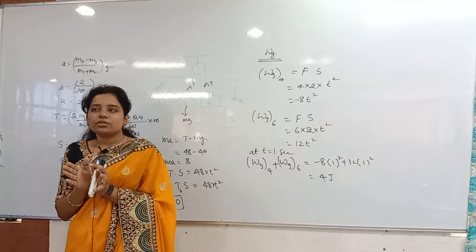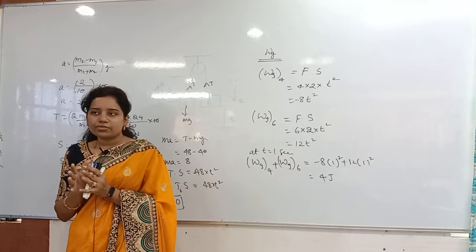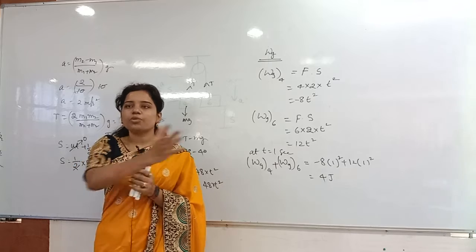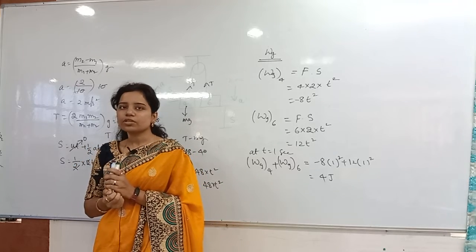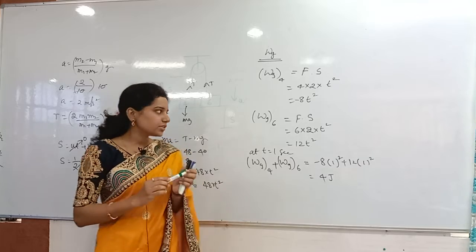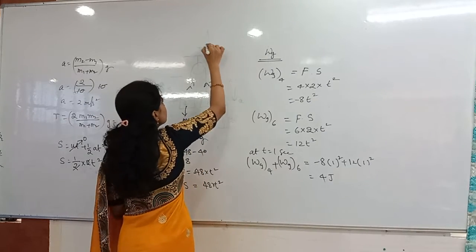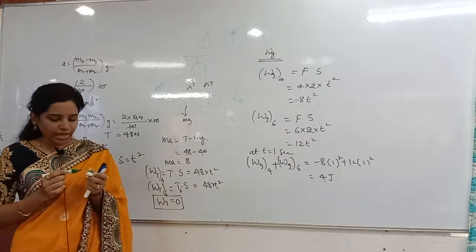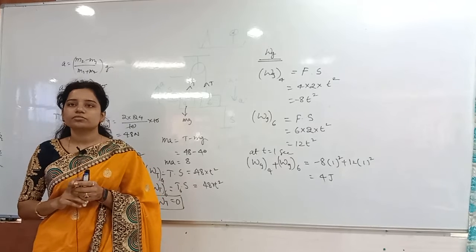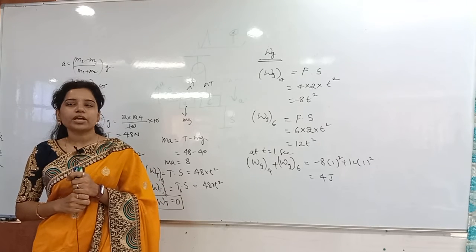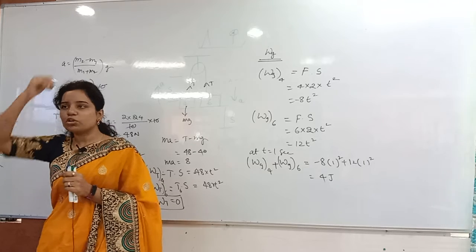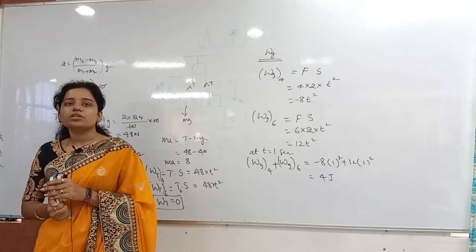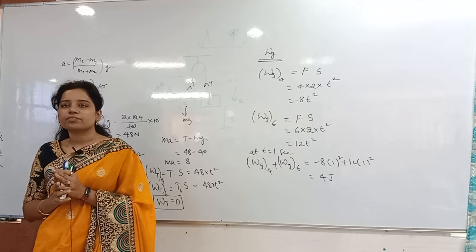For example, I'll tell you an example. Suppose I have taken a boat, and on the boat one sail is there, and opposite to that one fan is there. Now the fan is on. There is a sail on the boat, and on this side a very big turbo fan is there. Now as per your idea, what happened to the boat? Boat will move in which direction? Left side direction? That's wrong. It will never move, that's it. It will be at rest only.